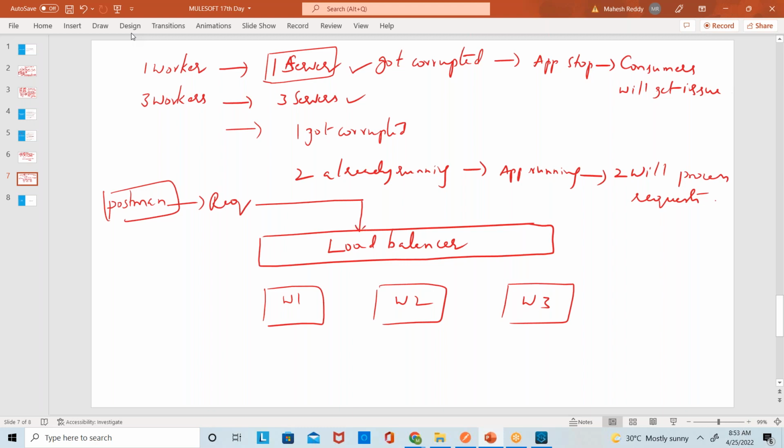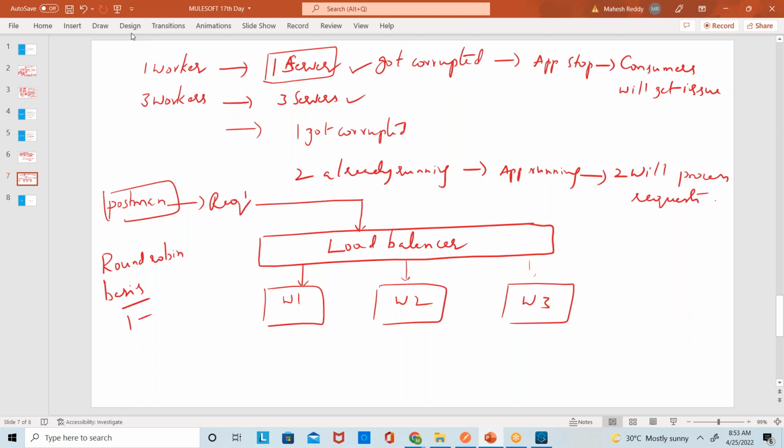Okay. And on a round robin basis, this is actually a theoretical concept only. If you don't understand, once again go through the video and ask me the doubts, exactly. Round robin basis: first request will be sent to worker 1. Second request will go to worker 2. Third request to worker 3. Again, round robin. After completing the 3 workers, the next fourth request will come to